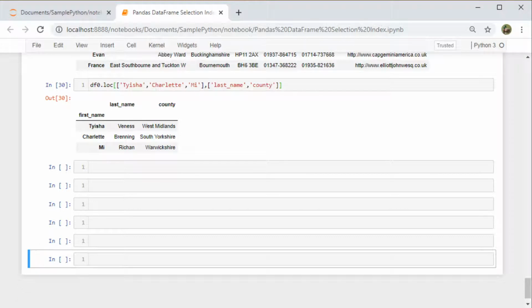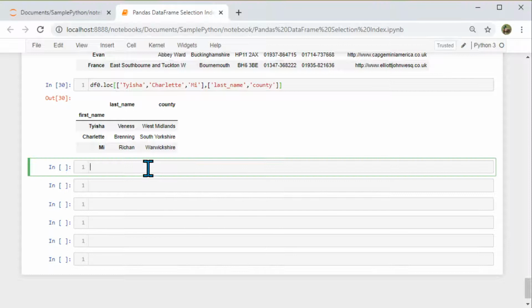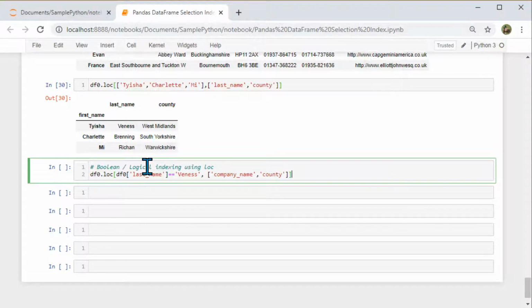Okay, the next one is an interesting one where you call the data frame two times. The first time you call it, you create a logic. That means it's going to return trues and falses for every row. So here, in this piece of code, I say data frame last name equals a certain value.